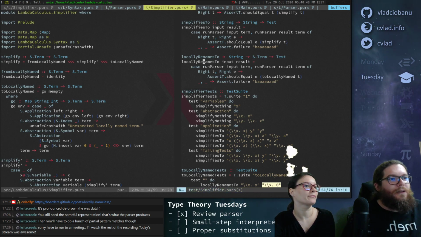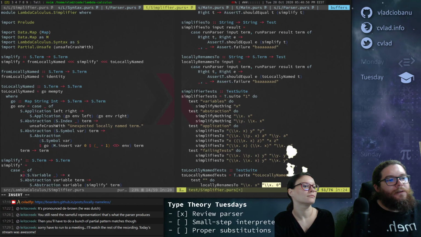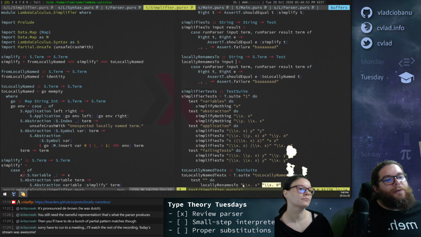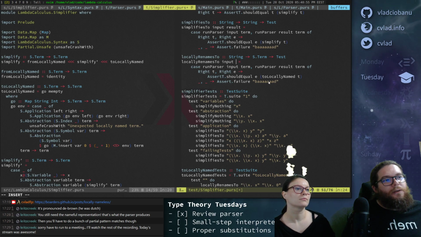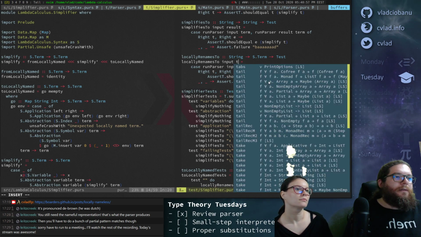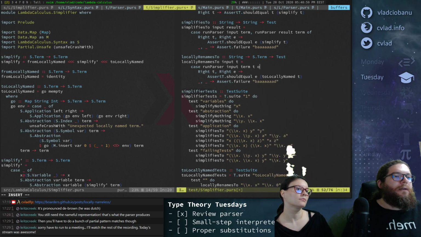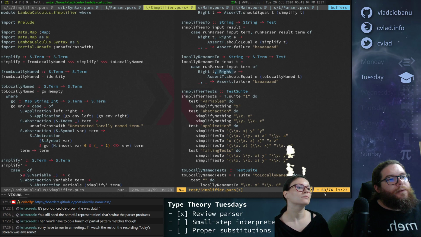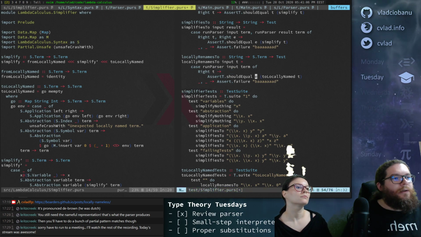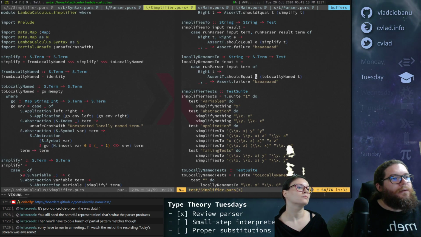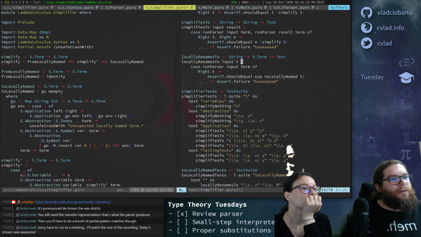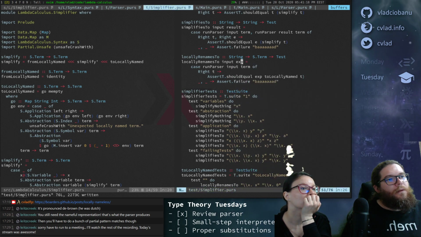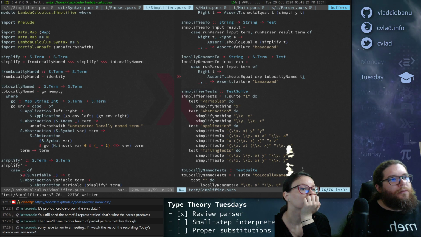Yeah, but then this kind of isn't as, because if you're going to write term here, yeah, I know, but I guess t, right? And then we need t off here, and then if the term is correct, then it should be equal to what? T with locally named. Oh, it's the same thing, so as expected here.